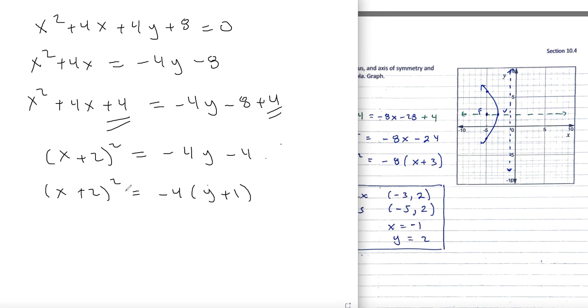So once you're here, we're back to exactly where we were in the last video I just did, which I think was number 6, if someone in the future is referencing this. So from here, it's exactly like problem 6. You could just identify your vertex, negative 2, negative 1. You know this is opening down, and you know that A is 1. Once you do that, then you can, from the graph, you can get all the rest of